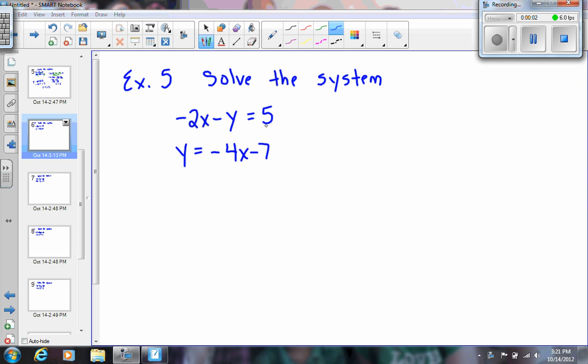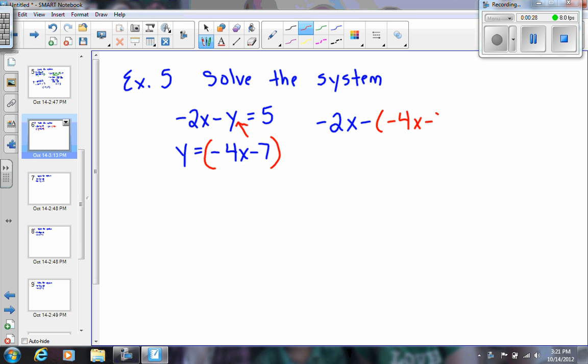Okay, we have a few more examples to get through. This one is going to be a similar approach. Notice that one equation is solved for y and the other is not. So that's your clue to look for to use this method where we're going to take the value of y, or the expression for y, and substitute it into the first equation. So I'm going to have negative 2x minus, and in place of the y, I'm going to put negative 4x minus 7